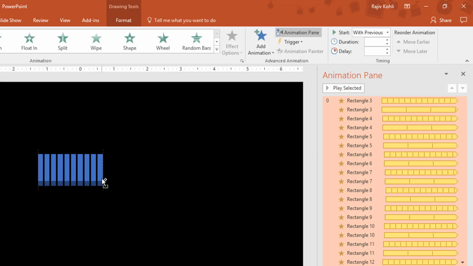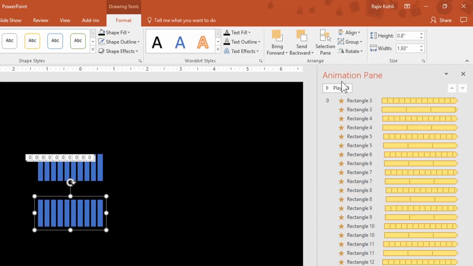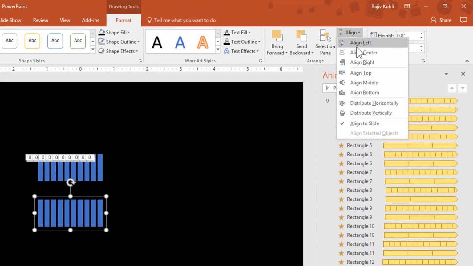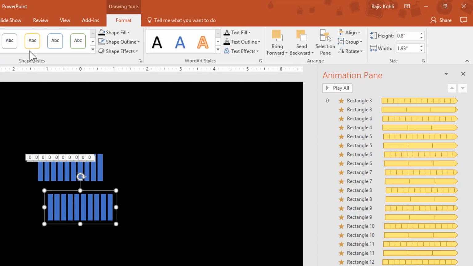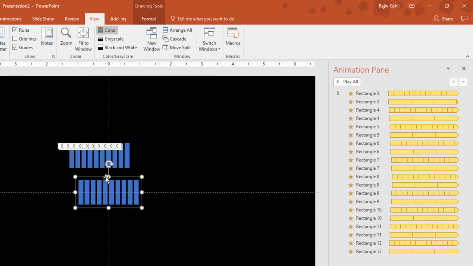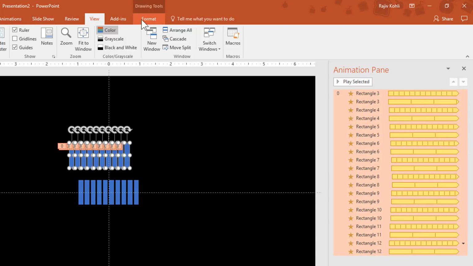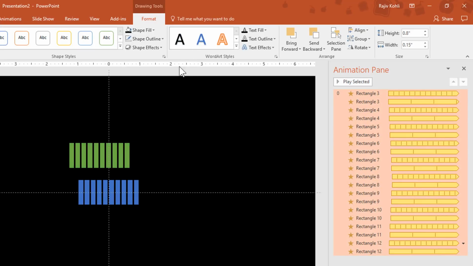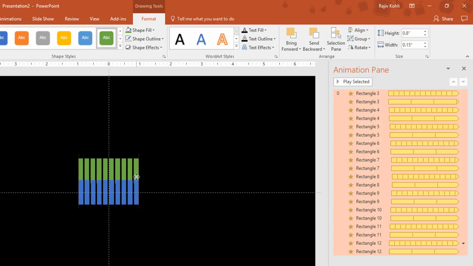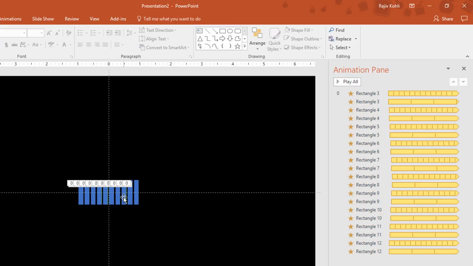So what I am going to do is make a duplicate of all of these bars, and make a group of these duplicated bars, and position them in the center and the middle of the slide. You can turn on the guides from the view menu to see the exact position of the bars on the slide. And now I am going to select the original bars and change the color, and then position them on top of these grouped bars, and then later you can delete the grouped bars. Now we have our bars in the middle and the center of the slide.